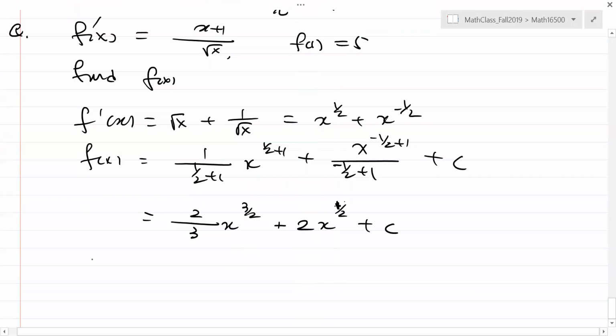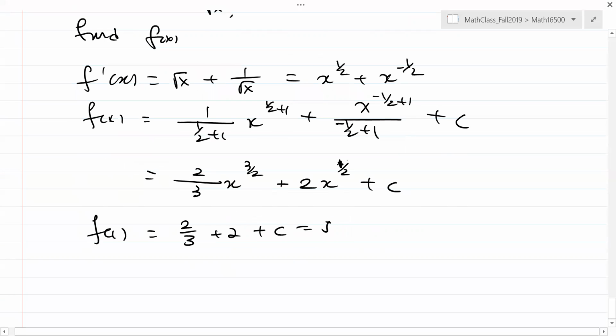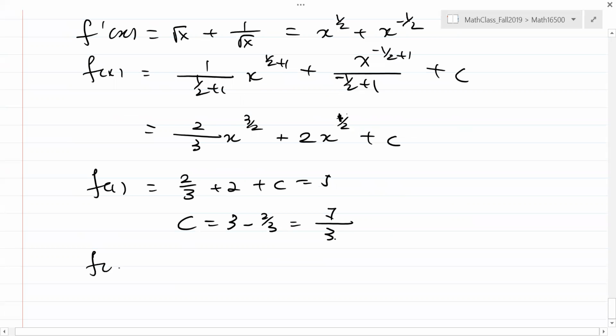Then where's the initial condition? F of 1. F of 1 is 2 over 3 plus 2 plus c equals 5. So c is going to be 3 minus 2 over 3. Okay. So the answer will be